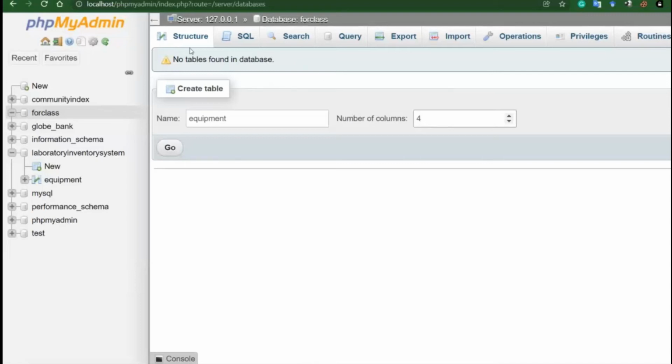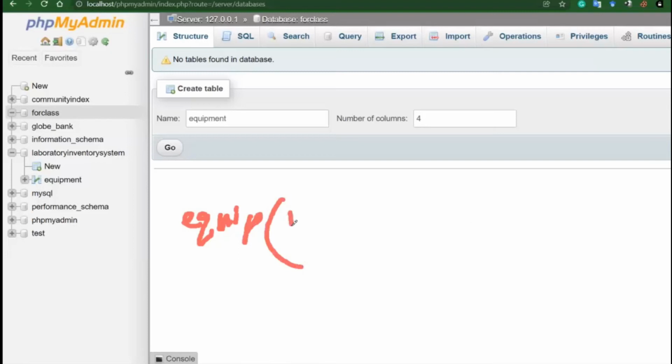So the best way, before coming to phpMyAdmin and before creating a table directly, you should have homework for this. This is why system analysis and design come in. You should have a proper requirement analysis, a proper data flow, a proper ERD diagram, and then each ERD entity will change to a table. So let's suppose we have an equipment table here. Just from a design point of view, how many columns will the equipment table contain?